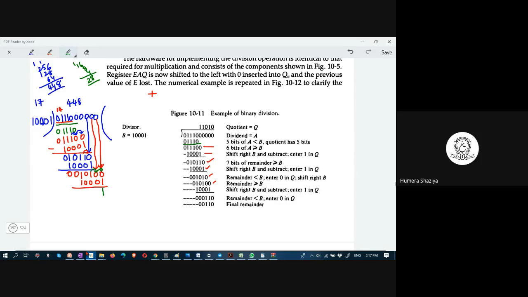And 0. Okay. And subtraction. Yeah, subtraction only we are doing. Subtraction. 0 minus 0 is 0. 0 minus 1 is equal to 1 with borrow. 1 minus 0 is 0. 1 minus 1 is 0. 1 minus 0 is 1. 1 minus 0 is 1, ma'am. Yes, you're right. 1 minus 0 is 1.